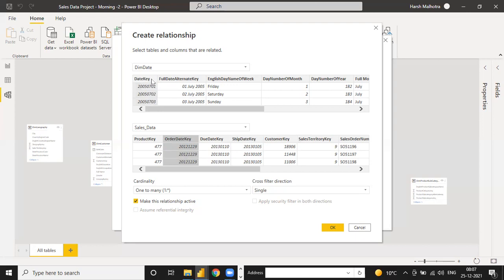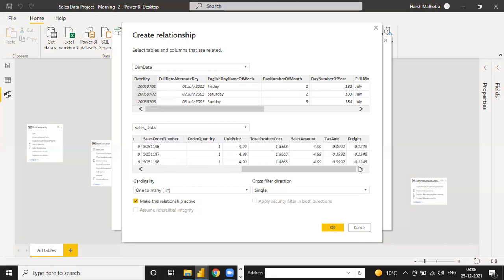It is because of our SQL query. This file is not basically data loaded from any other site. Actually, I collected this data from my SQL server in the company. In this date key, it makes a format like year, month, and date, so it makes the date key. Key means it is just a unique value for the item. And the order date key is also like this: 2012, 12 means December, and 29 is the 29th of December.